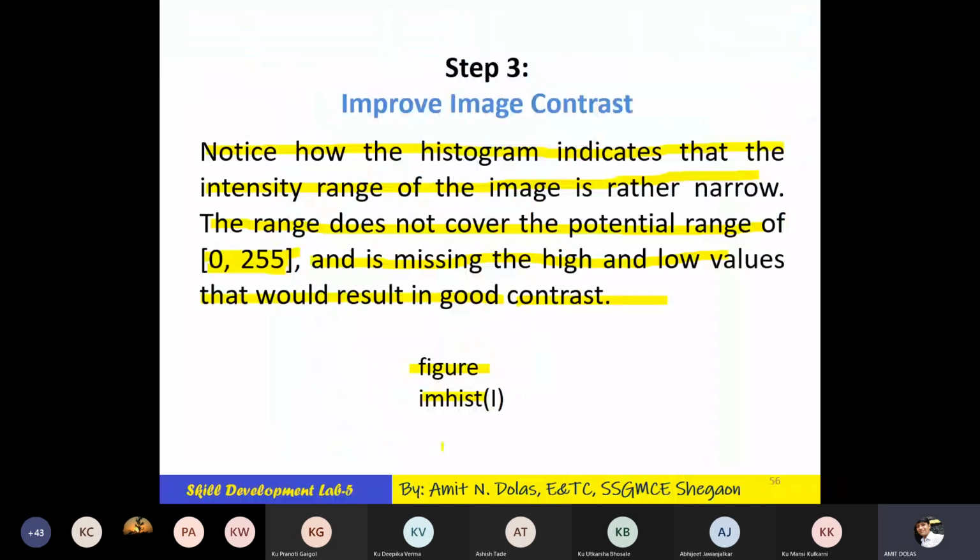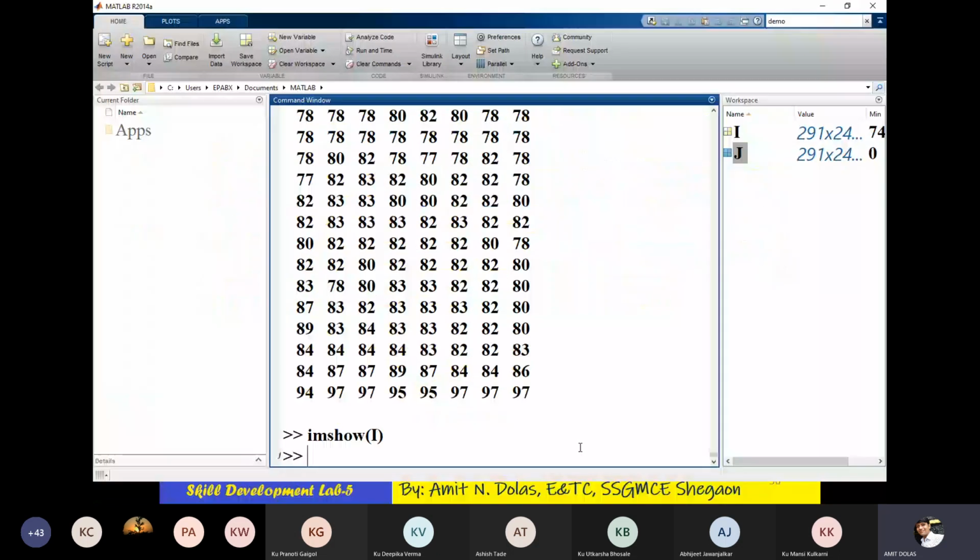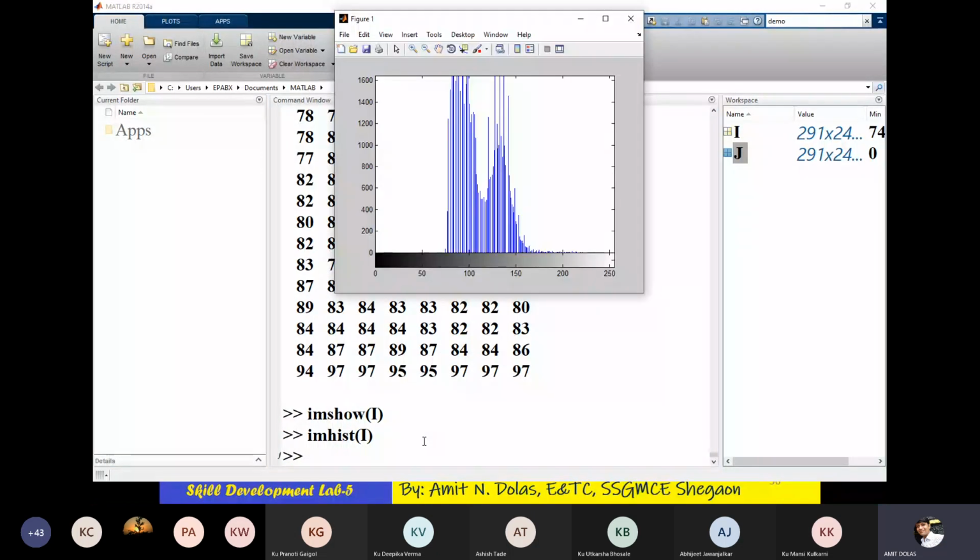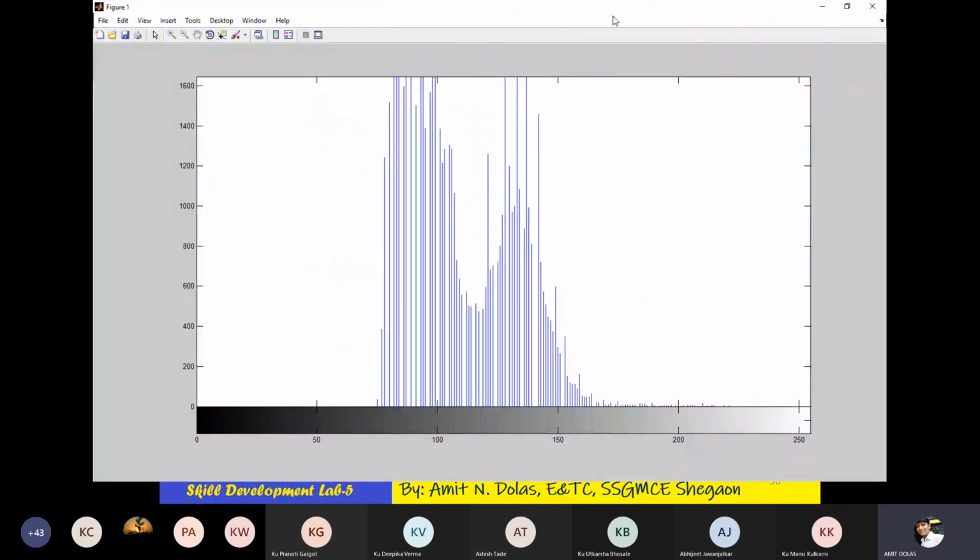What is that? Imhist. I want the histogram of this image. I'll tell you what a histogram is. Imhist of I. So this figure shows the histogram of I. Now what is the histogram?